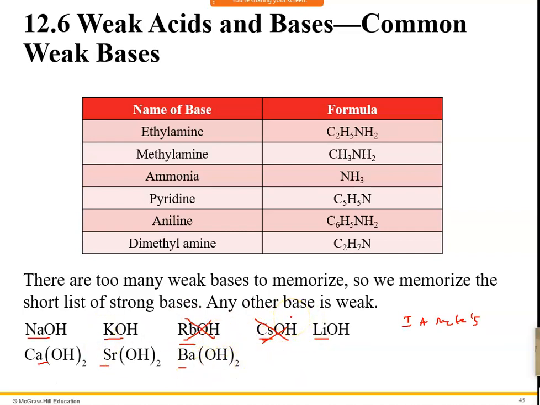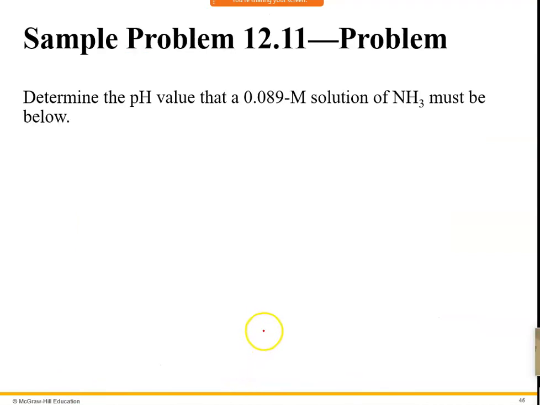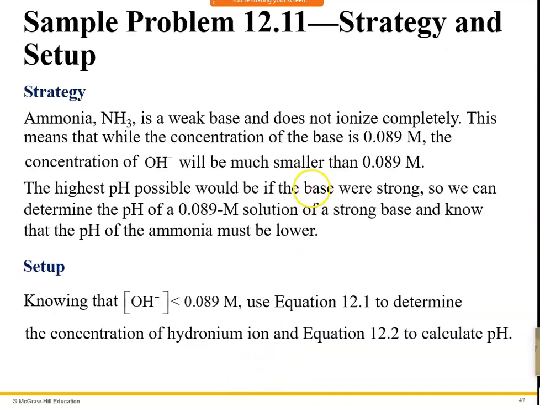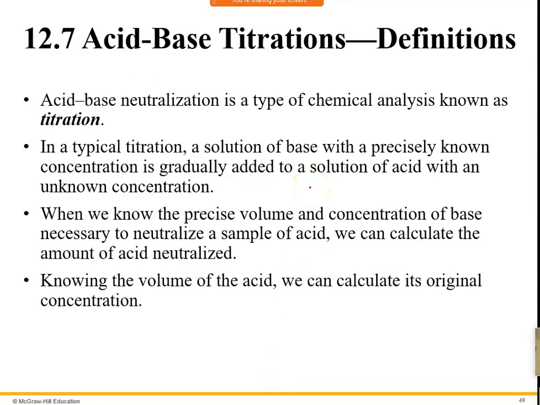If you look back at the solubility chart from the reactions lab, when we did the precipitation reaction, at the bottom of the chart on the hydroxides, everything is insoluble, which means they are weak, with the exception of 6 of them, and these were the 6. I don't know if you guys remember that, but if you look back, you'll see that. Same thing: we're not going to be doing pH calculations of weak acids and bases, just of the strong ones. All right, I think we are going to call that